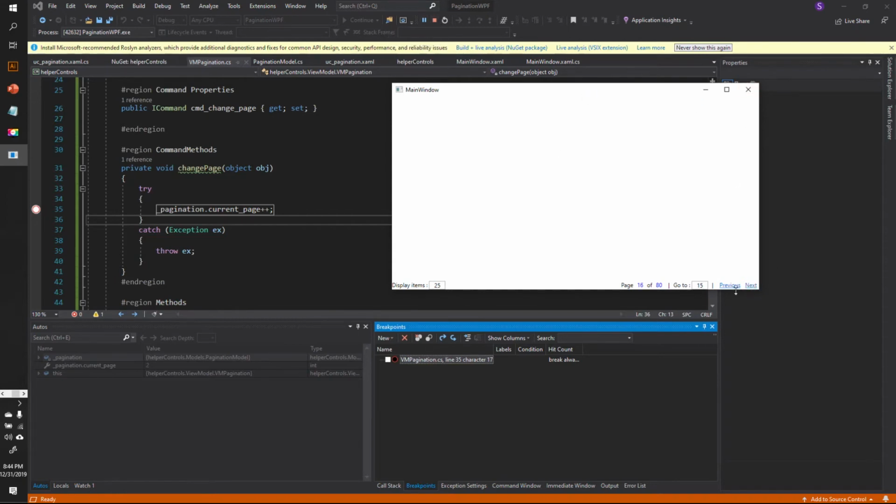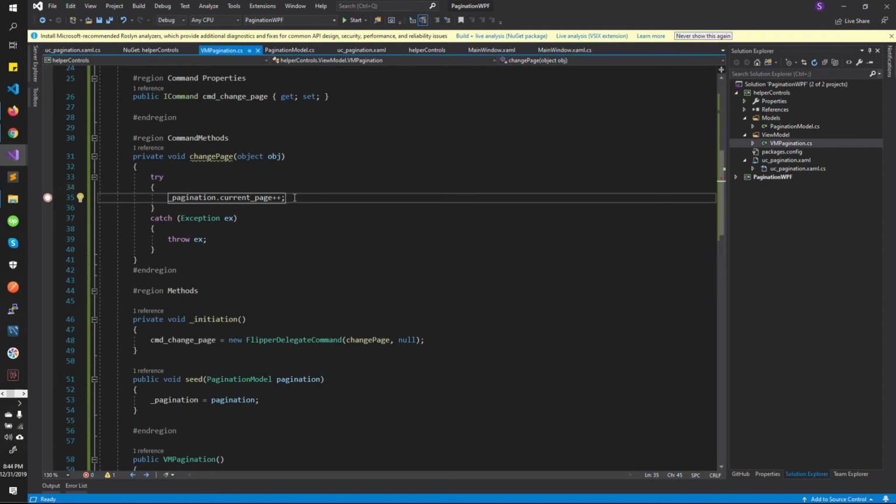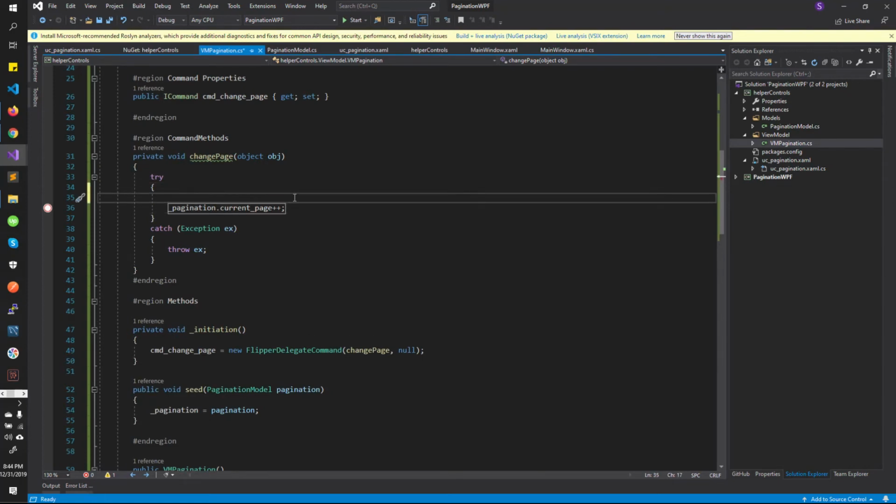Even if you do it for previous, it is going to do the same, but we are not worrying about the previous part now. We have a lot of caveats in this, like what happens if the page exceeds the total pages. So we need to take care of that first. So we're going to make some calculations. But how many times do I need to make calculations here? Instead of doing this, what if I have a class? No, I don't want to make it complicated. So let us start with something like